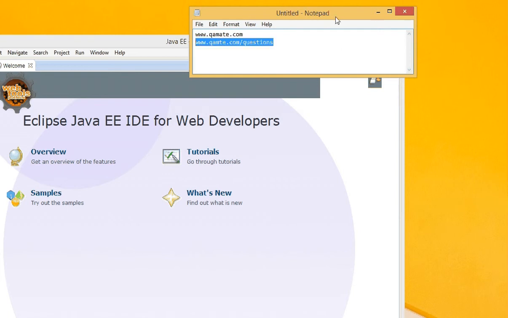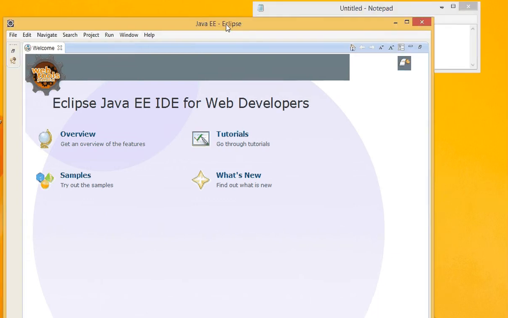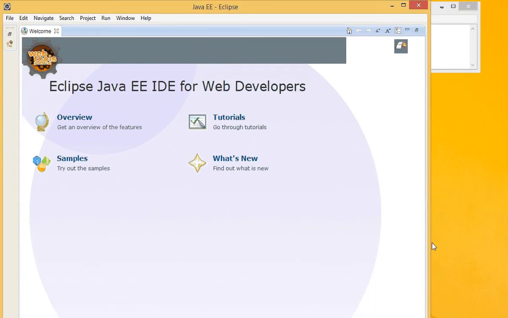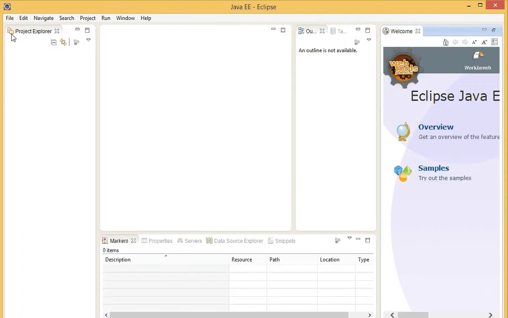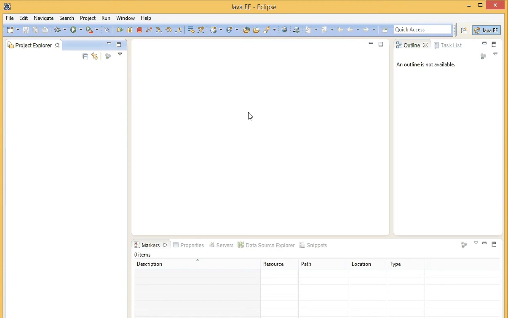Anyway, our Java Eclipse is ready for use. Now since this is open source software, everything cannot be guaranteed. So what happens generally,